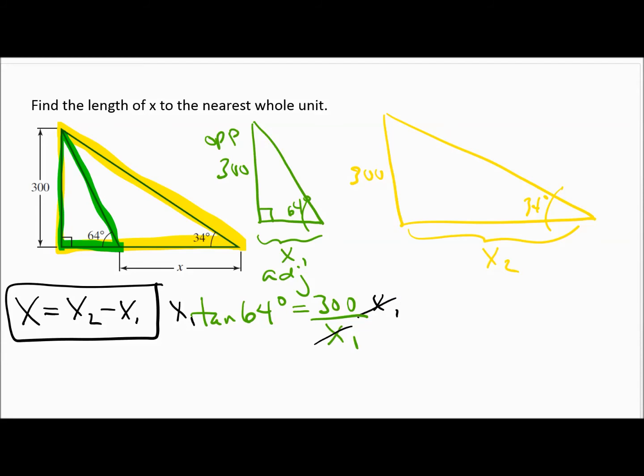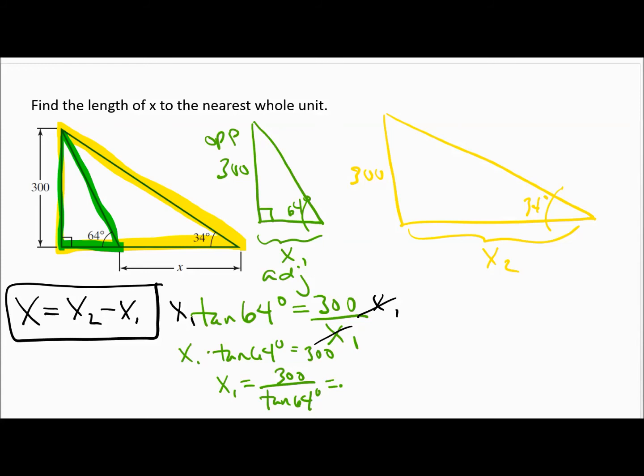Okay, so my next step is rewrite x1 times the tangent of 64 degrees is equal to 300. Remember, I'm trying to solve for x1, so I'm going to have x1 is 300 divided by the tangent of 64 degrees. And then I type that in my calculator in degree mode. So 300 divided by the tangent of 64 degrees gives me